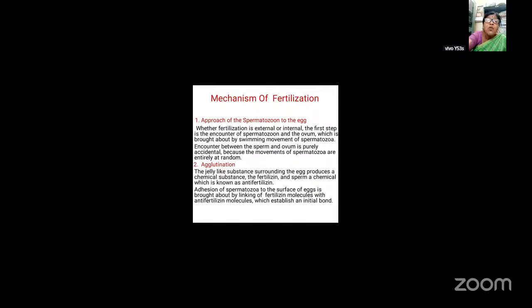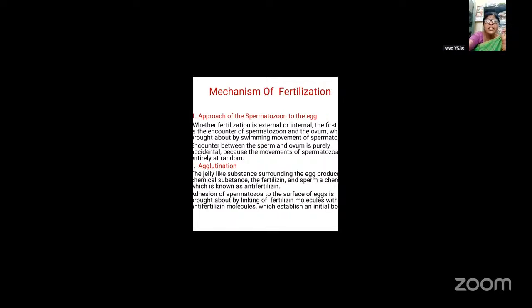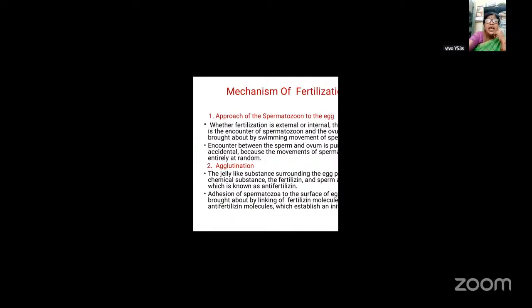Now the mechanism of fertilization. Now we will see how the fertilization mechanism occurs. First is the approach of the spermatozoa to the egg. Whether the fertilization is external or internal, the first step is the encounter of the spermatozoon and the ovum, which is brought about by the swimming movement of the spermatozoa. The sperm should come to the egg because the sperms are